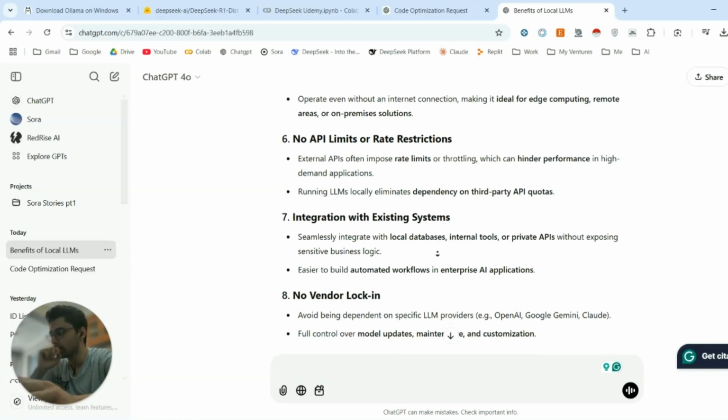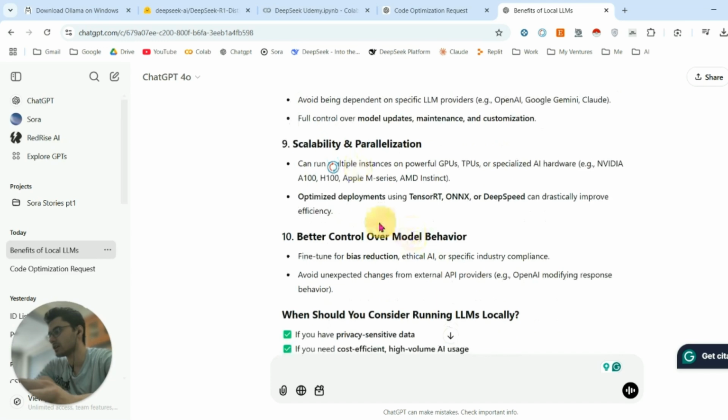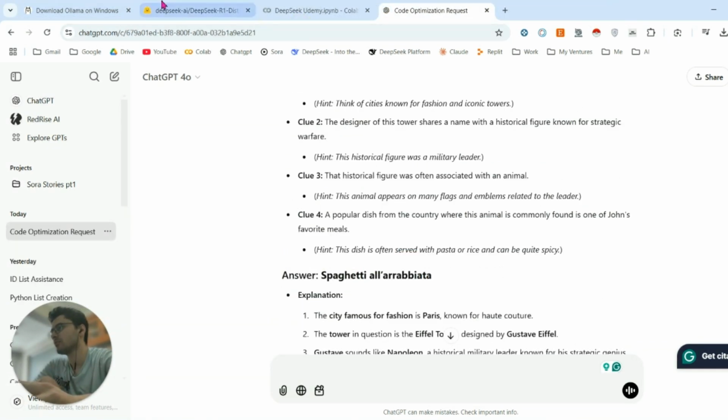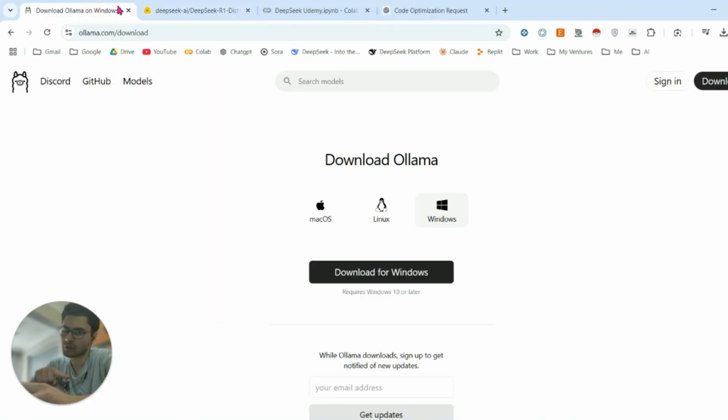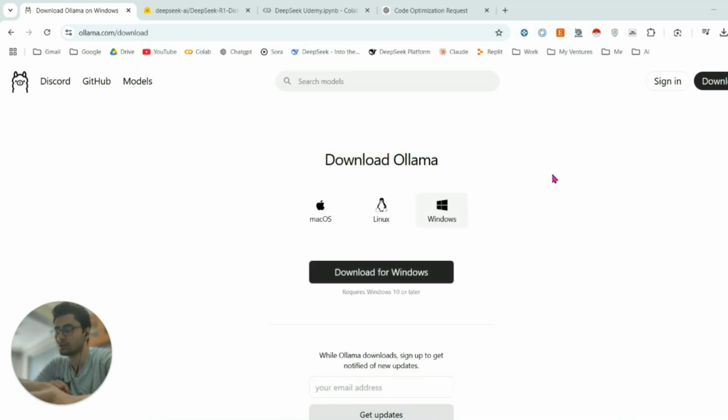However, let's look at other advantages here: scalability, no vendor lock-in, better control, whatever. But in this course, we will be focusing more on the API. In this video, I will show you how to use it locally, how to download it, and how to utilize it locally if you have hardcore hardware or anything. This is my laptop. I also have a setup where I can use my hardware, but for the course, it's more convenient for you to continue with the API. Anyway,